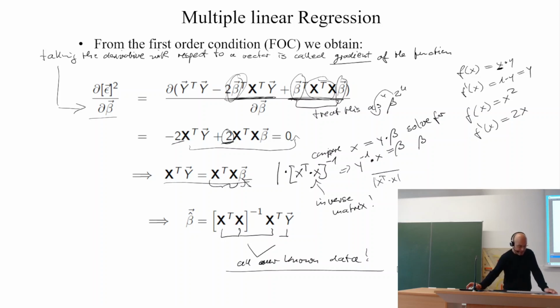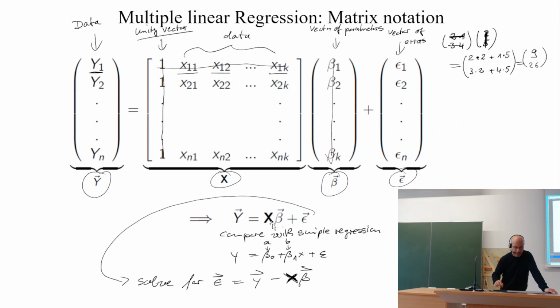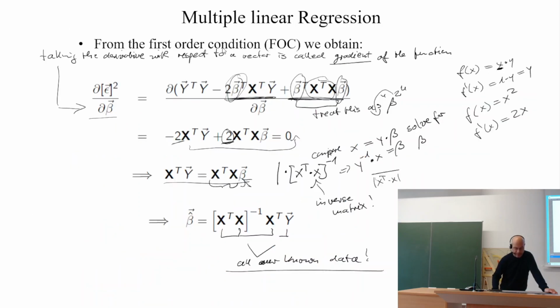And if we then just have the inverse of XᵀX, this is nothing else than just this matrix transposed. All these data points are known. And then we have to multiply this with y, and then we just obtain our betas. So this is then the formula,